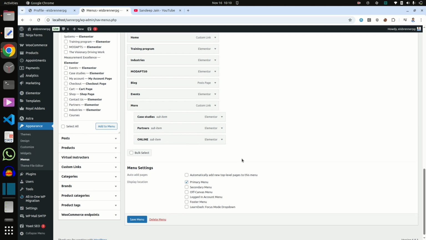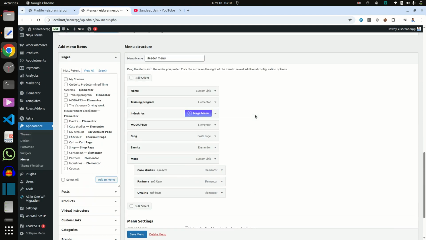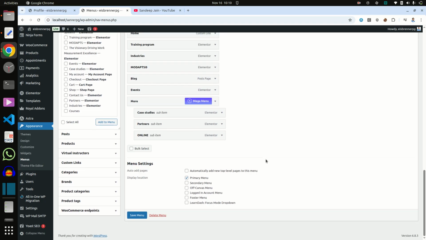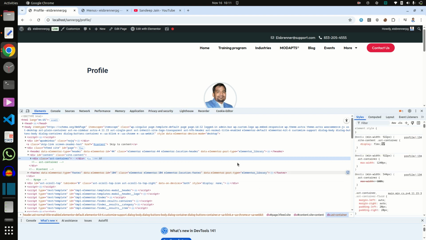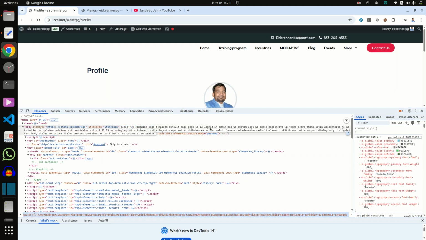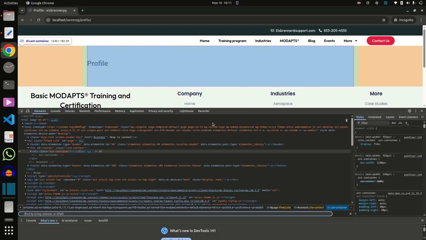So in the first step, go to the menu. You can go to the menu by clicking on the Menus drop down inside Appearance and selecting the menu which you want to change. So I am here, changing the header menu. Now as you can see in the body tag, one logged in class is added. And if you check here as logged out, there is no logged in class.